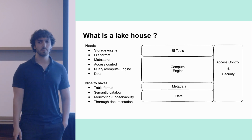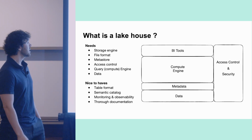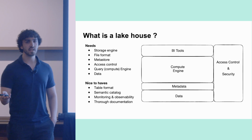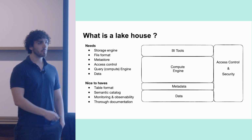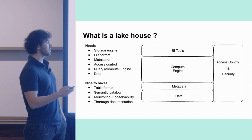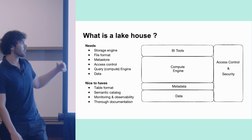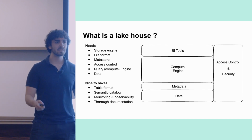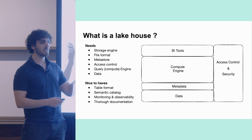Which sounds relatively simple, but there are a lot of moving parts that need to get set up in order to get this functioning properly, especially at scale. And so the core components are, of course, you need somewhere to store your data, so that will be your Amazon S3, some file format, whether that's Parquet, Avro, or ORC, to actually store the data in files in that file storage, as well as a metastore to store the table metadata so that your analysts actually know which tables you have access to, and to translate those underlying files into tables